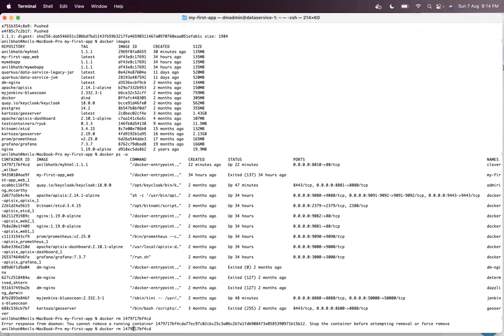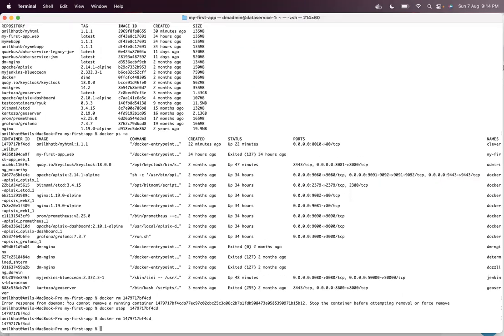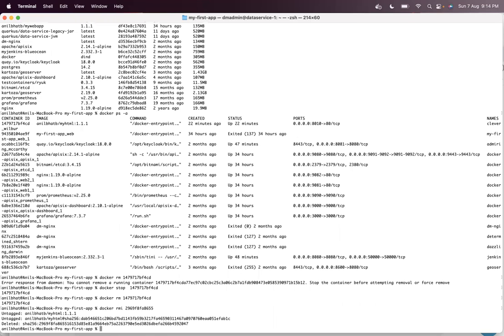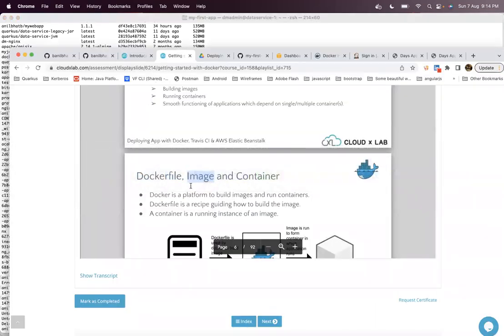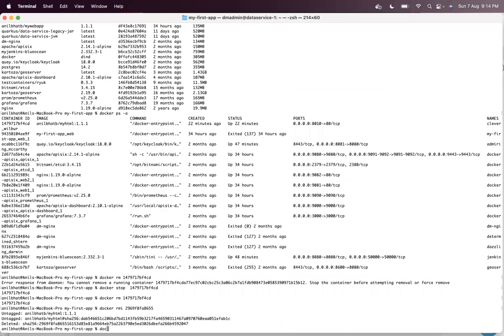Let me stop the container first and delete the container, and then delete the image also. Okay, now I have successfully deleted my image also. Now I will run the Docker compose up.